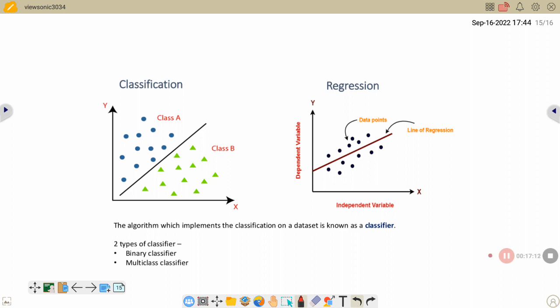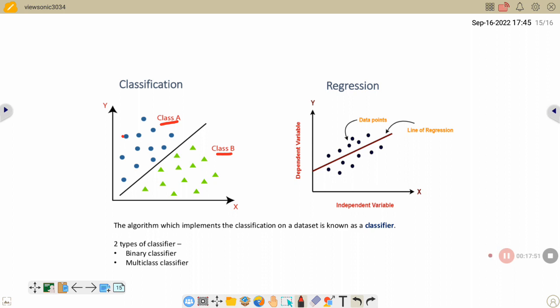If you see, this is the graph of how we generally categorize in classification. We have two separate classes, class A and class B. How are we doing this? This is the best fit line which demarcates both the classes. So using some algorithm, we are dividing the classes. That is also called a classifier, the algorithm which gives us the differentiation. Here you can see these data points have a round shape, whereas the other data points have a triangular shape. So we are grouping them in separate classes.